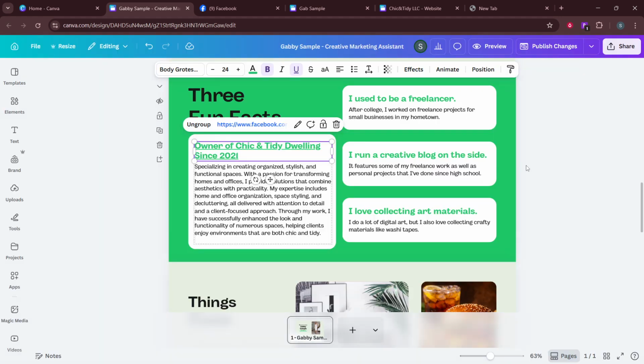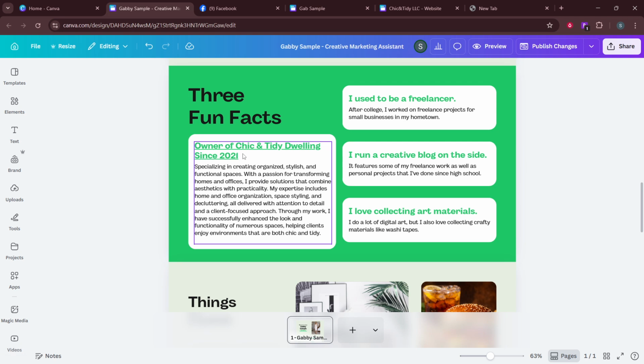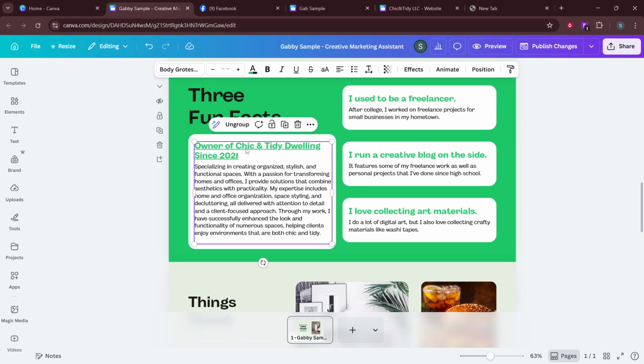To recap, place a text box or button where you want the link, select it, click the link icon, choose a page from your site instead of a URL, and apply. With this approach, your pages become your sections, and your visitors can move through your Canva website with ease.